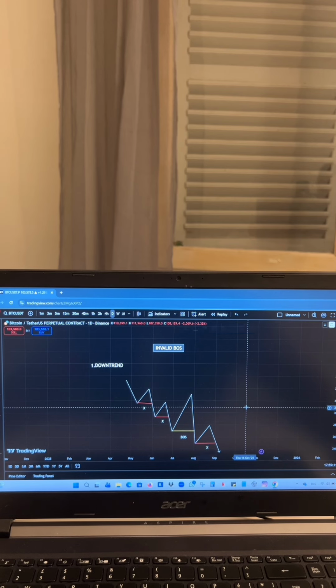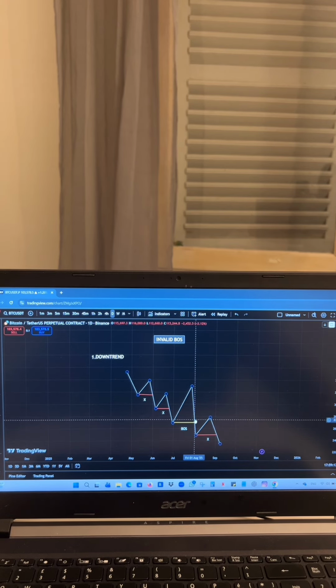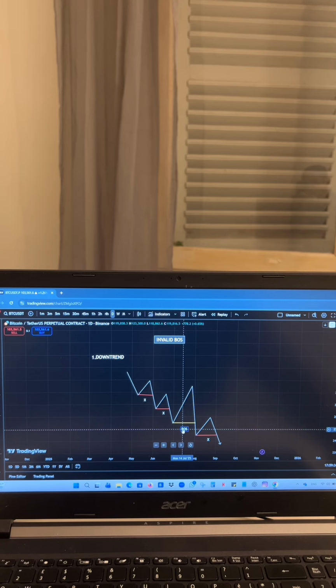So let's say the market does not make a candle body close right over here on this BOS straight line from this swing low. It's not going to be considered as a valid BOS yet. But if the market keeps on going down, and at some point, when we draw this BOS line, it closes on a candle body, then this BOS is confirmed as a valid BOS. If it's not